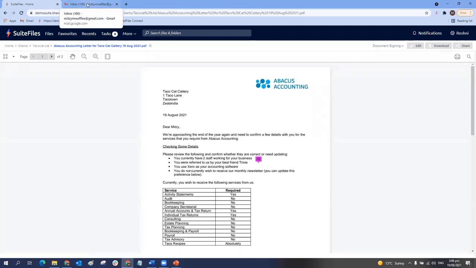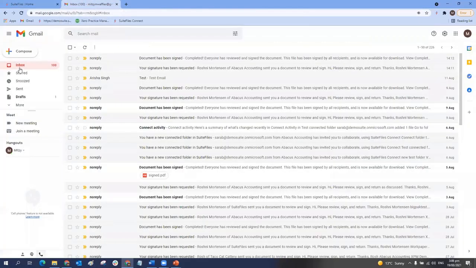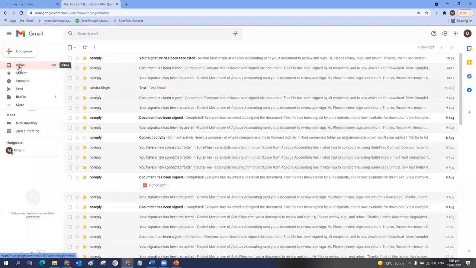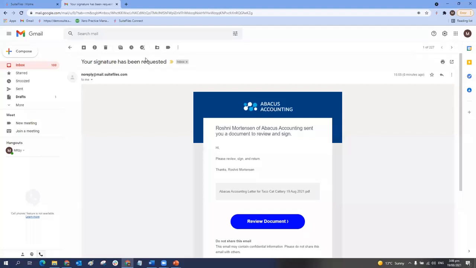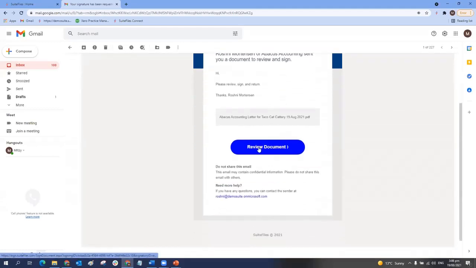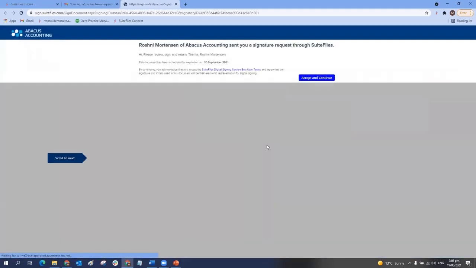So what I'm going to do is jump into her inbox, and we'll just wait for that email to come through. There it is. And so here, again, no changes to this. So we've got the email coming through. You can custom brand those emails. By default, they'll come through with SuiteFiles branding. If you want to be able to customize them yourself, you can do that via the document signing management screen if you're an admin. So she will just click review document, and this will open up the signing interface again